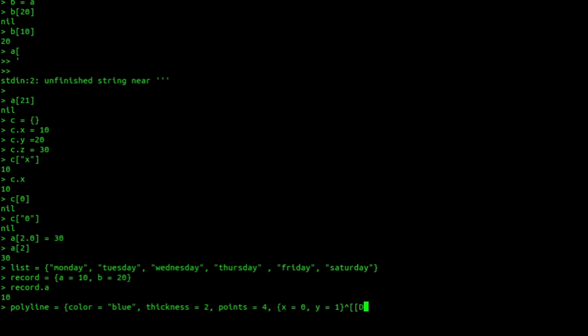So you can extend this and give one more. Let's say x equal to -10, y equal to -20, close this.